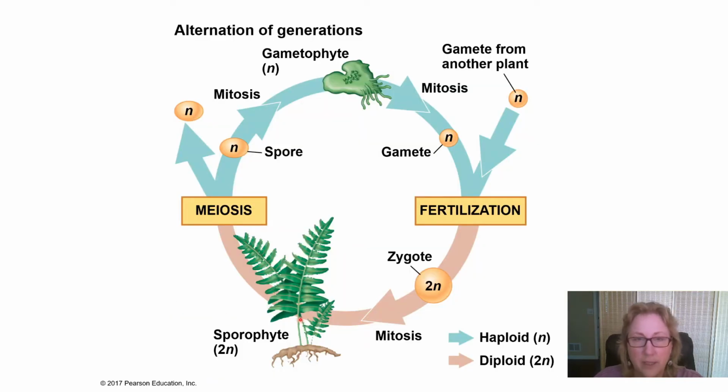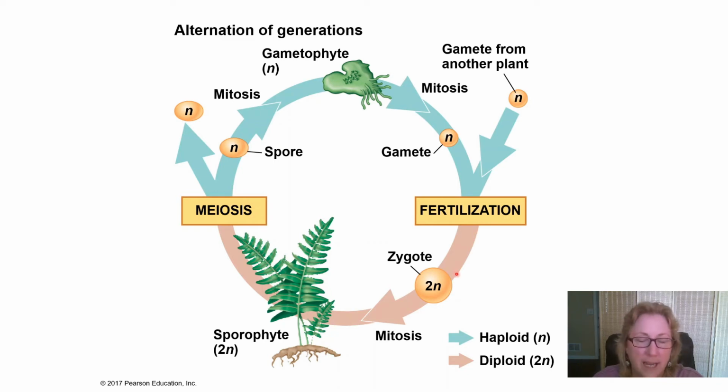So generally, this is what alternation of generations looks like. We have a diploid individual, and we have a haploid individual. The diploid individual, the sporophyte, produces spores. That's where meiosis occurs. The spores are haploid, but they're not gametes. These haploid spores are not gametes. They cannot undergo fertilization. They don't fuse with another gamete. They instead grow into a haploid individual, which is called the gametophyte. The gametophyte produces gametes by mitosis. Fertilization occurs, and now we have a diploid zygote.